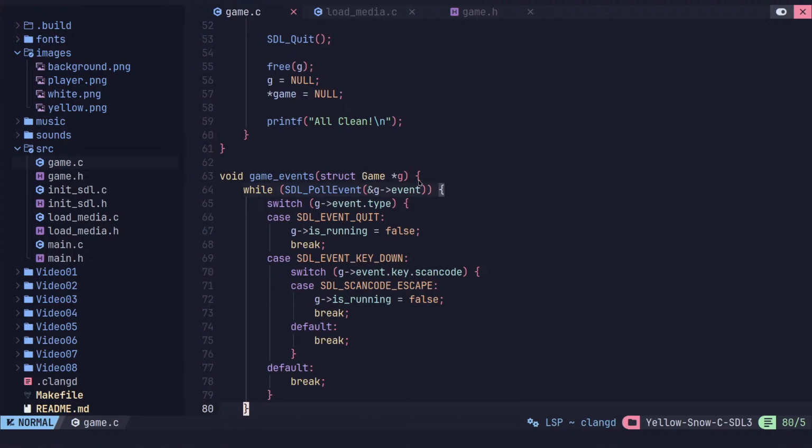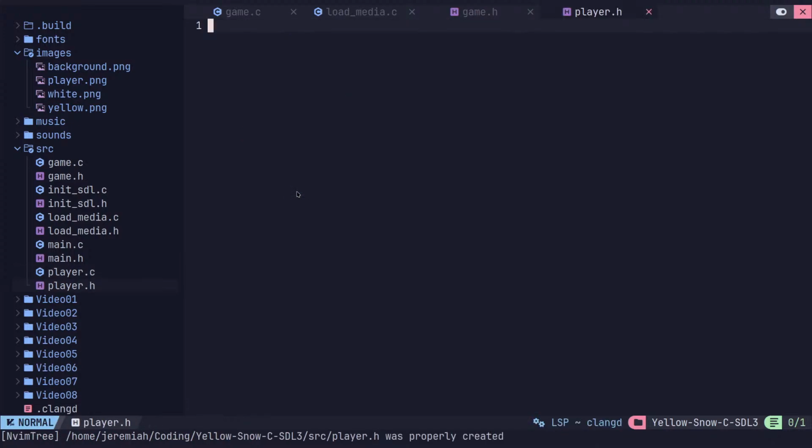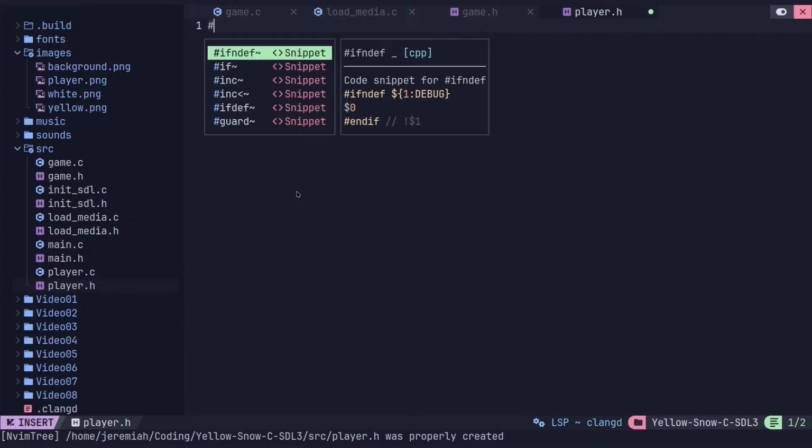But what we really want to do is we want the player to exist in its own kind of module. So what we're going to do is have a player struct, and that player struct is going to be a member of the game struct. And then that player struct will have its own functions that operate on it. So we are going to end up with a player file over here. Let's just do that. Player C and player.h. So in player.h,